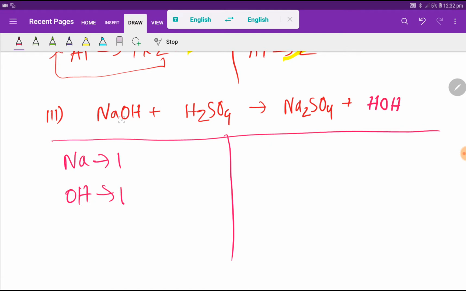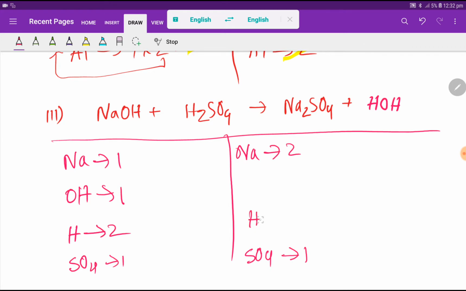However, in the left hand side we have hydrogen, that is 2. Then we have SO4. This is a polyatomic ion, right? SO4 1. In the right hand side we have sodium, that is 2. Then we have sulfate, which is 1. Then we have hydrogen, which is 1. Then we have hydroxide,